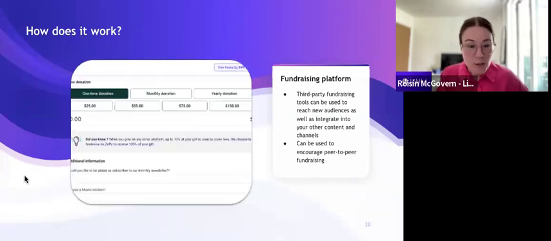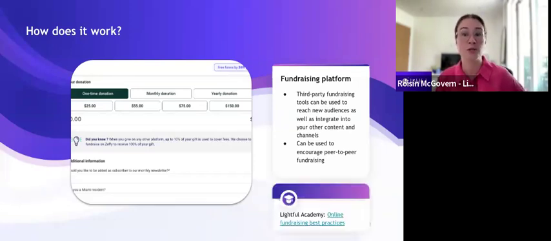And then a few more examples. I think we've got one left, Zeffy, which is a platform that covers all the transaction and credit card fees, which is really great for nonprofits, especially because that means that every dollar donated to the nonprofit goes directly to that nonprofit, and none of it is absorbed into transaction fees. So that's a really nice feature as well. Although lots of the online giving platforms do allow your donors the option to cover that cost themselves.